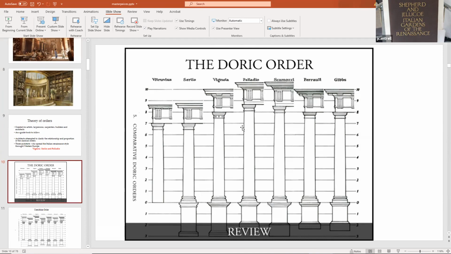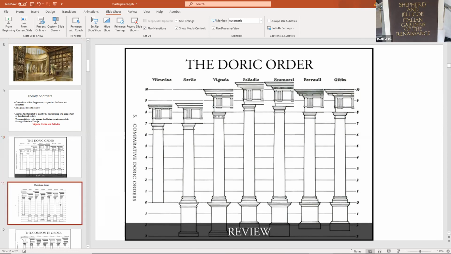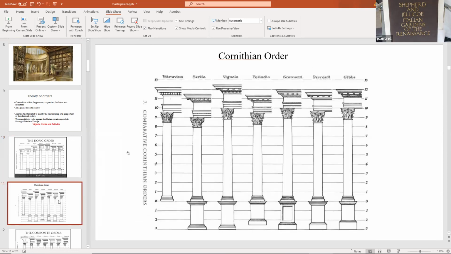These people really rewrote the language of classical architecture as a guide for people, artists, painters, and builders to follow. Of course, they all have their own ideology. The same thing with classical architects today. Not every architect has the same theory. Of course, if we did, architecture would be very formulaic and redundant. But you can clearly see that we're still using the language of the proper orders about the height of the columns, the proportion based on the diameter. But Vitruvius, Serlio, Vignola, Palladio, and others have a specific ratio that they sort of created.